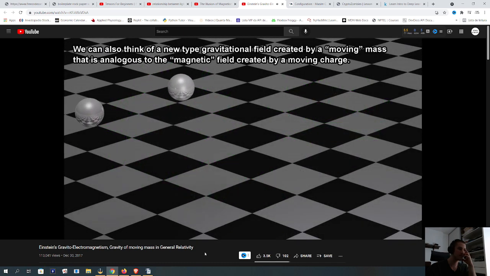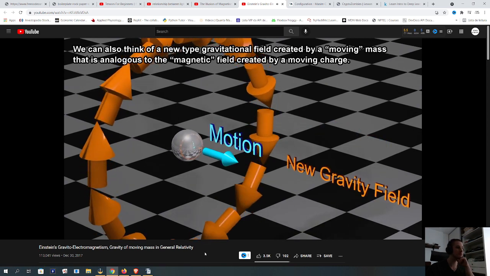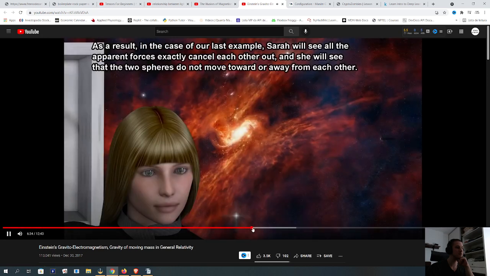We can also think of a new type of gravitational field created by a moving mass that is analogous to the magnetic field created by a moving charge. Sarah will see